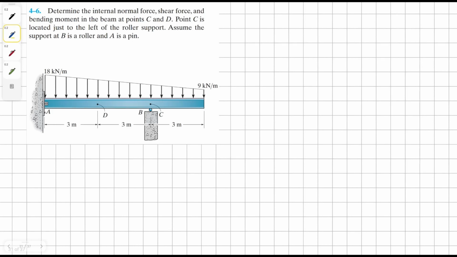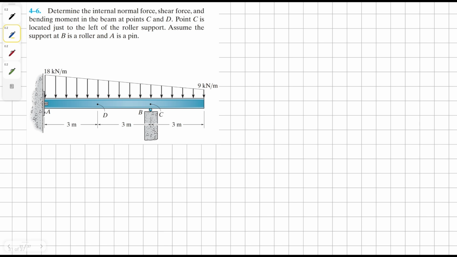Determine the internal normal force, shear force, and bending moment in the beam at points C and D. Point C is located just left of the roller support. Assume the support at B is a roller and A is a pin. To solve, first of all,